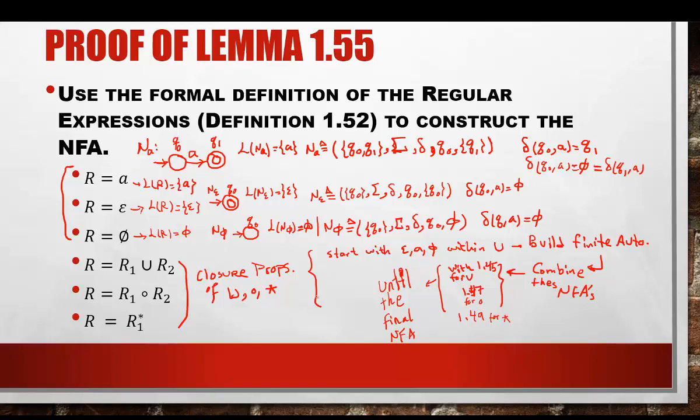So effectively, this proof, as you see, since the definition was a recursive definition, the proof becomes a recursive proof as well, or inductive proof as well, since the definition was inductive. So we build an NFA that recognizes R equal A, we build an NFA that recognizes R equal epsilon, and we build an NFA that recognizes the language of R equal phi. Then if your language was made of a bunch of concatenations, stars, and unions, you're going to basically use the definitions from the first three options for each of the elements in the language, and then you combine them by the appropriate closure property constructions that we did earlier.